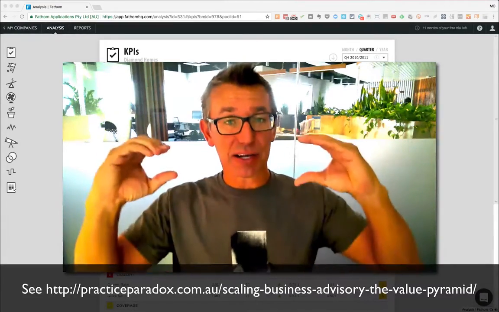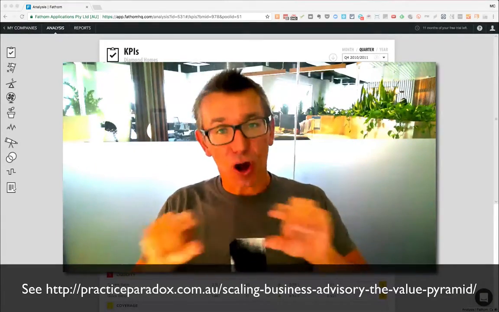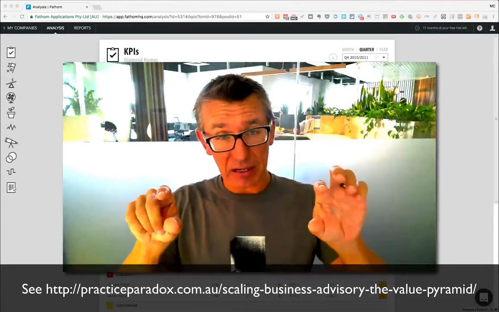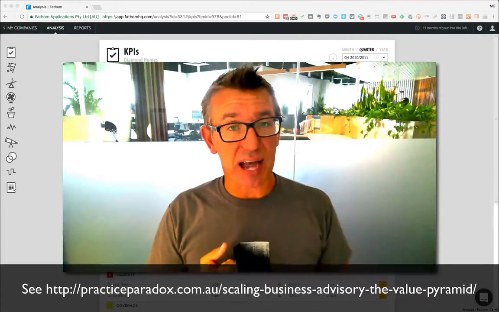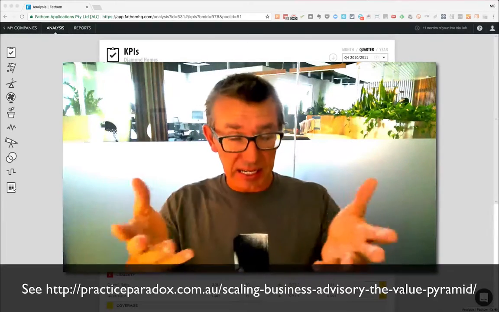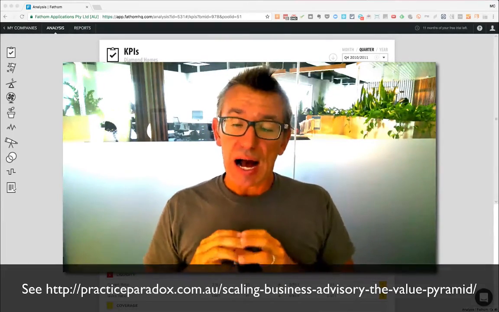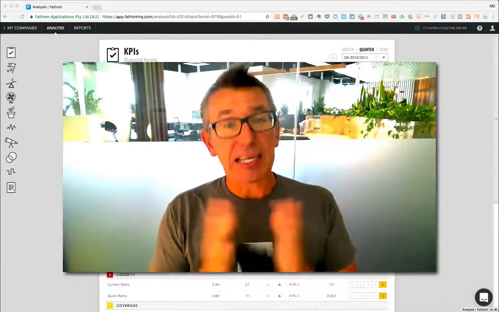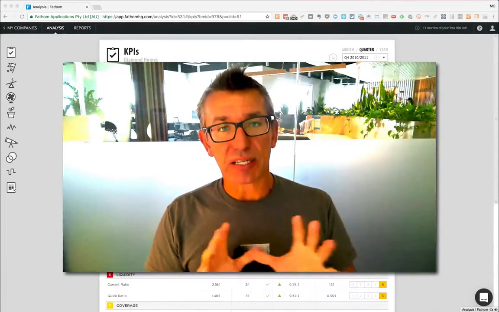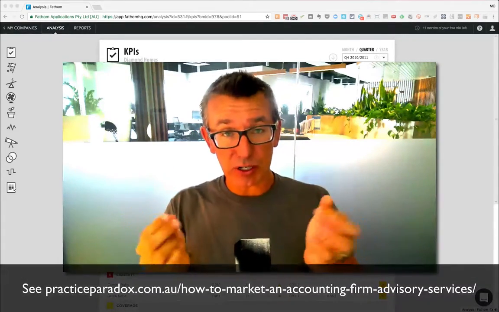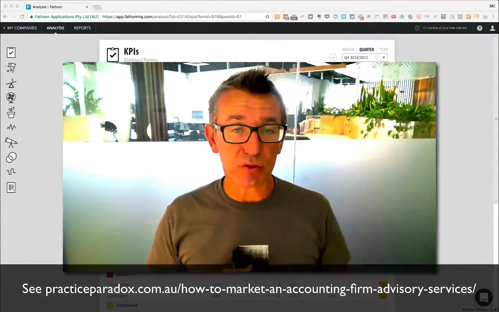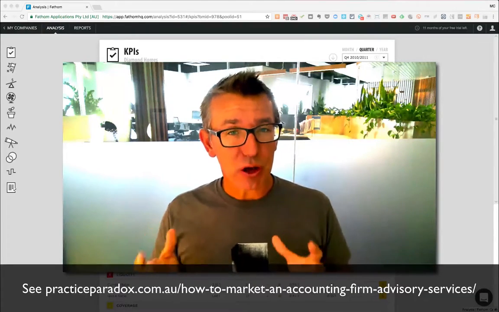But the next 3 levels are clarity, commentary, and accountability. And the top 2 layers are strategy and innovation, and they can be very difficult to scale. So what we mean by clarity is the provision of insights and easy to understand ways of them seeing their data and their numbers. But the next layer up of commentary is an advisor within your firm interpreting those dashboards